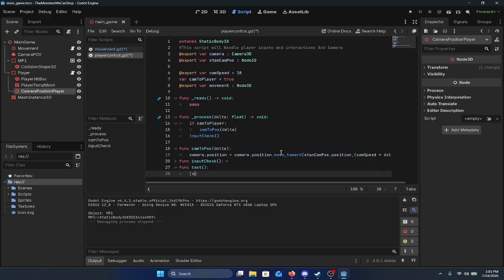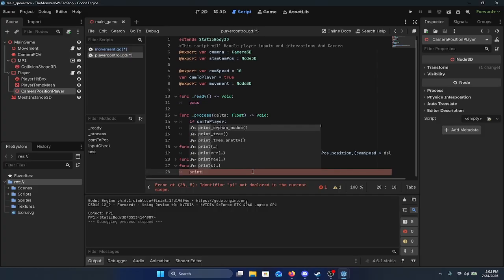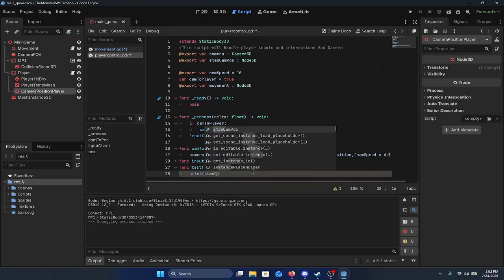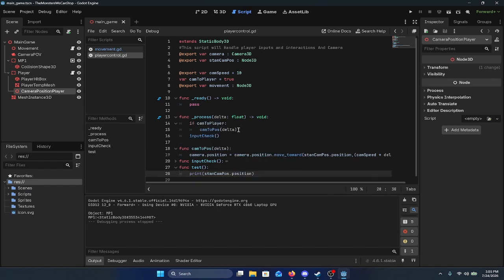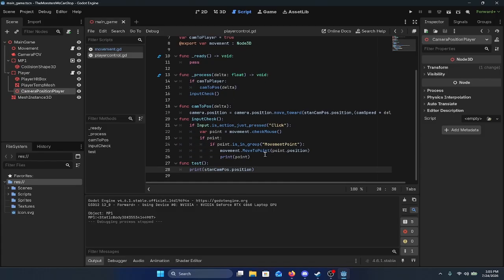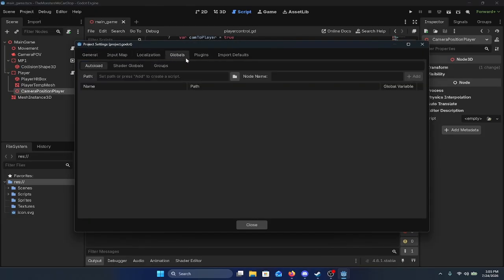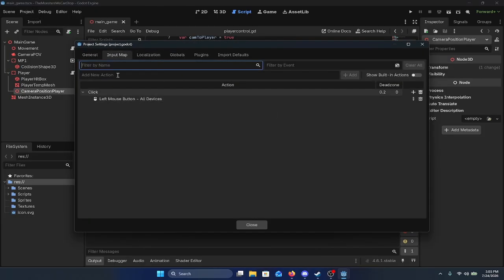Func_test pass, I need the stan, print stan cam position dot position and input test. Project settings, input map, add new action, test check, add